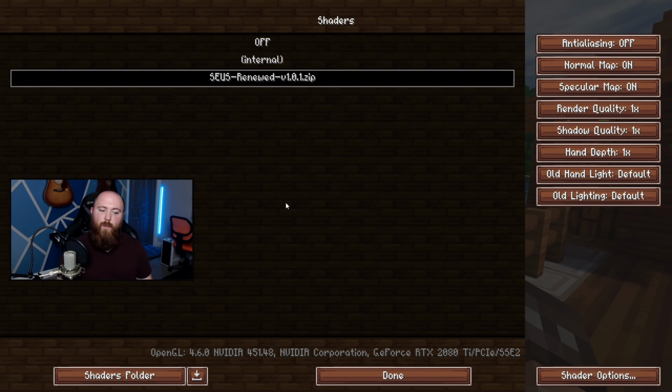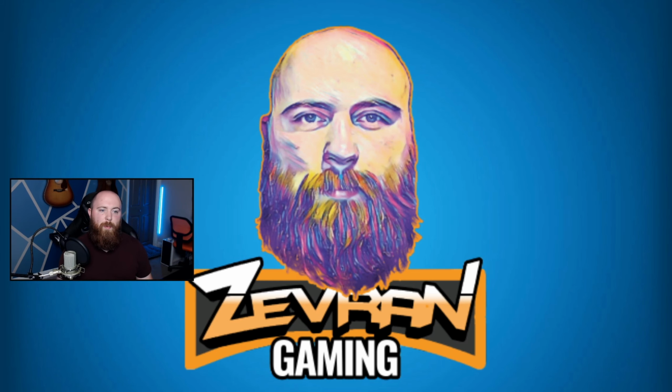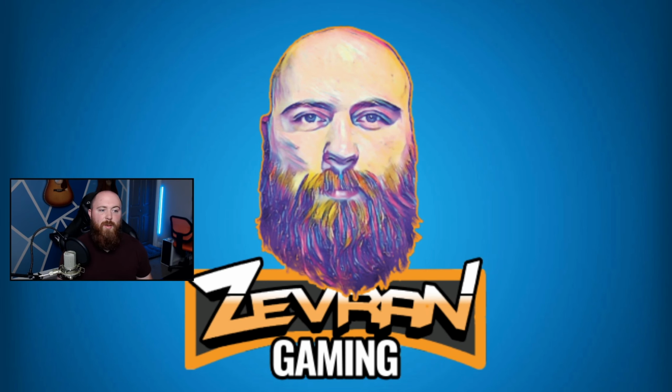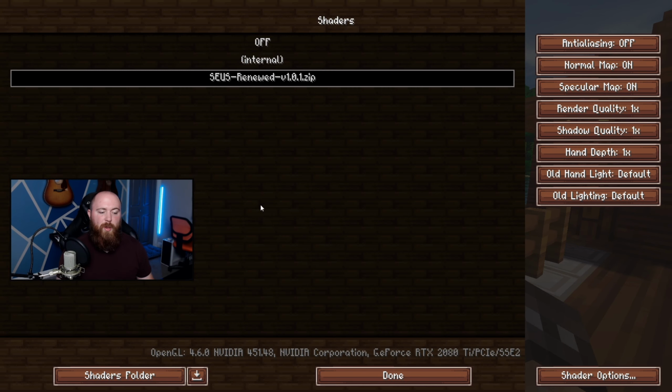You're gonna click that. Once you're in here, you can click this button down here that's called shaders folder. This is gonna open up the location of where your shader packs can be dragged. Take your download version of SEUS in your downloads folder, probably, if you click the link. Then you want to drag it over here and drop it in shader packs. Once it's in there, you come back into Minecraft. You may have to hit done on this file and open the shaders option back up, and you should see